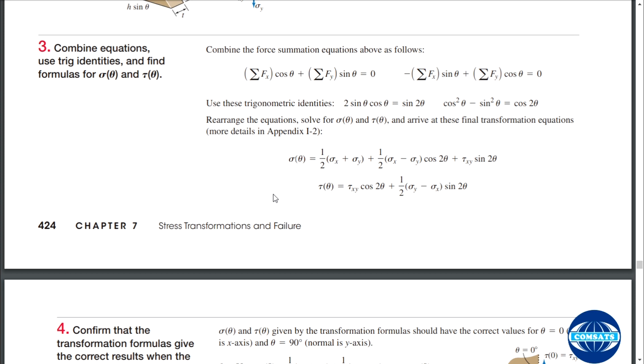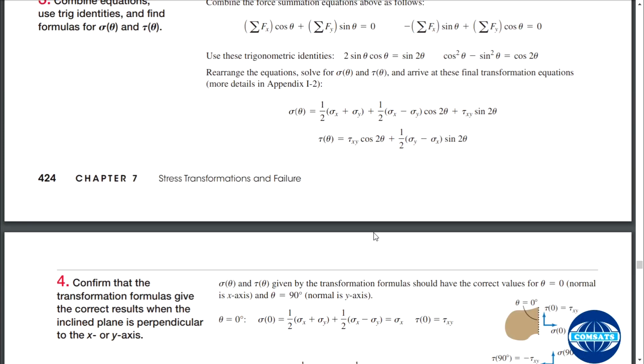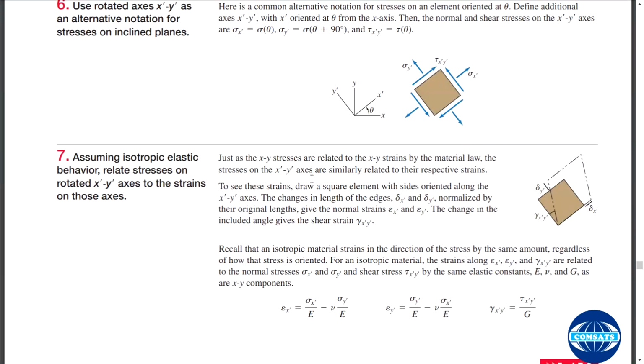Okay, there are theories which will play around with these maximum shear stresses and maximum normal stresses. Anyhow, we will come up to that, and now we moved up to,